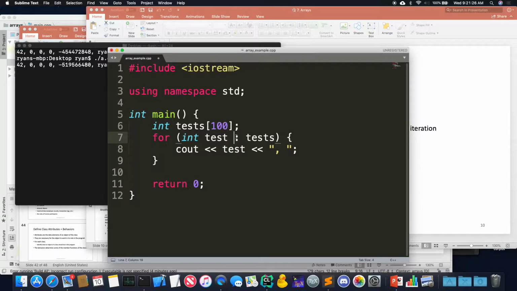Can anyone see how to do this even better? What if I wanted to change this to be a string? What would I have to do for the other part? Change it to string, and now I have a mismatch, the types are not going to be the same. What if I use long here?